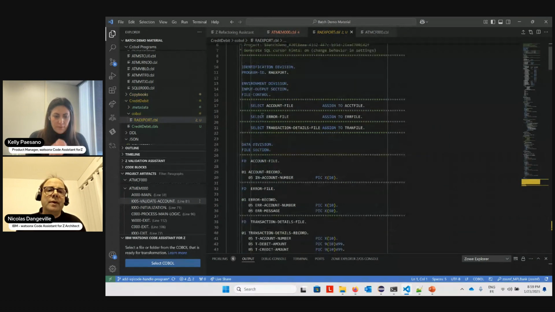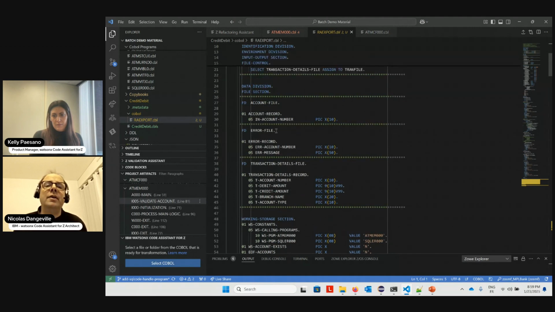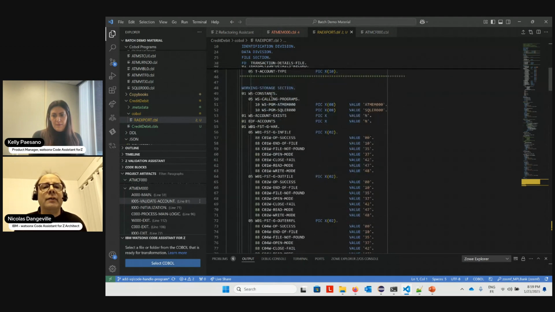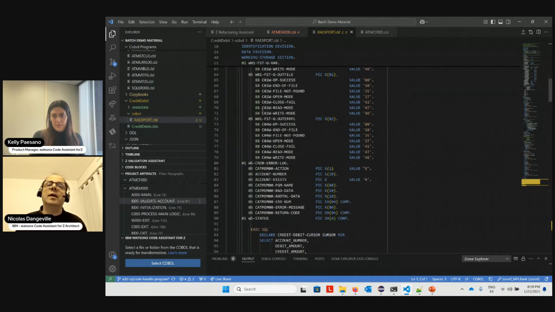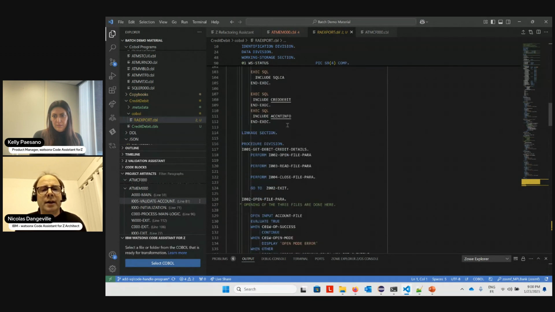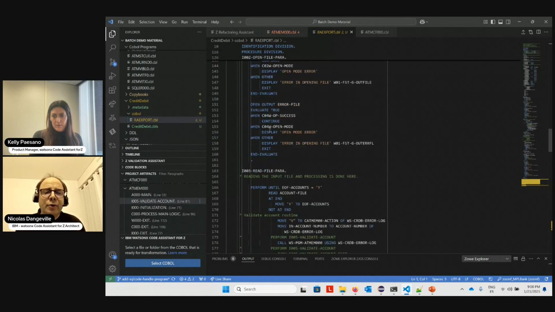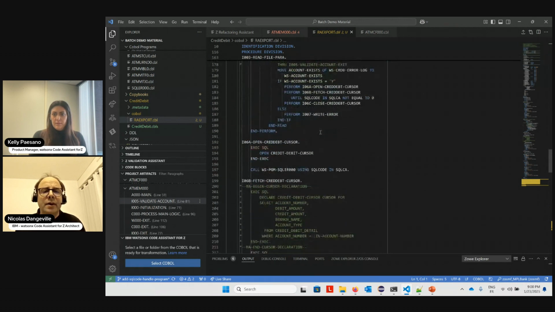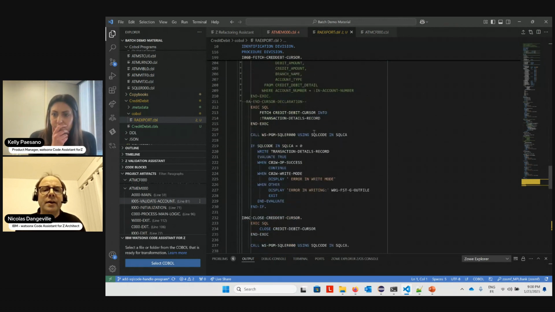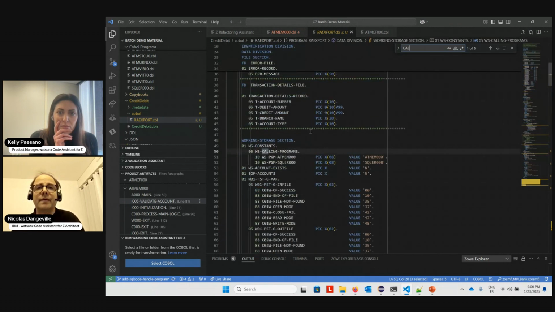So you see, I've got the files that I need and not all of the files that I had originally. I've got a bunch of working storage data. I've got my cursor declared, and so on and so on. Okay. There's one thing that I need to do that was not done automatically is, actually I need to find it.